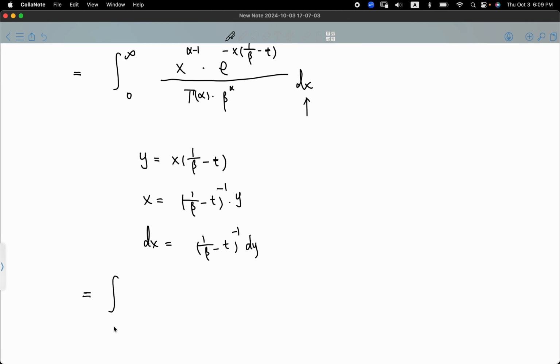So I will leave the upper bound and the lower bound blank for now, and later I will ask you again what the upper bound and lower bound are. So here for x, we have 1 over beta minus t raised to the power of negative 1, but we also have a power of alpha minus 1 here. So what we get is a,